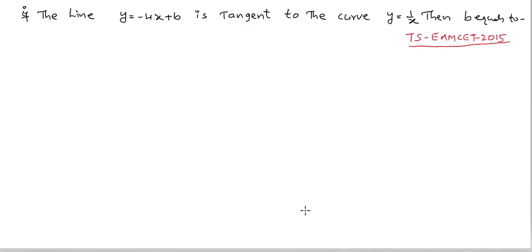If the line y is equal to minus 4x plus b is a tangent to the curve y is equal to 1 by x, then the b value is? This is a TSM set 2015 question. Here the given line is y is equal to minus 4x plus b, so slope m is equal to minus 4. And the given curve is y is equal to 1 by x. Slope of this, that is dy by dx, is the derivative of 1 by x,